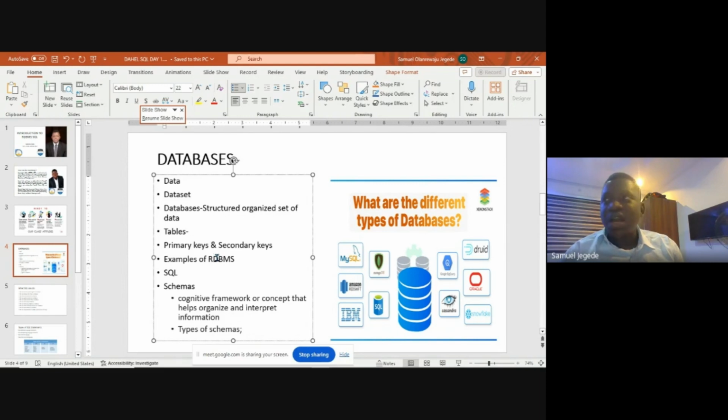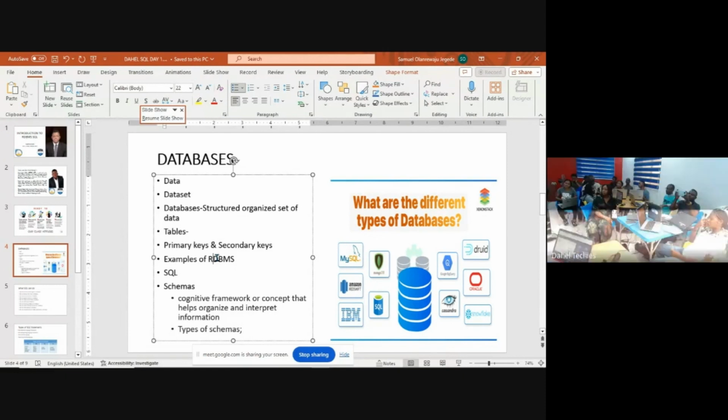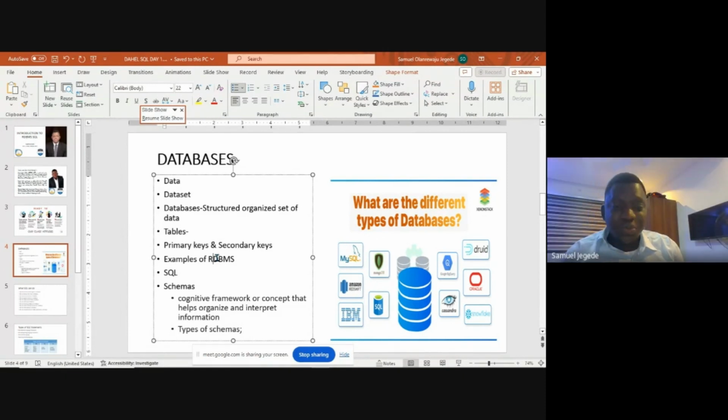I can tell you, go to the company database, get me an employee table and analyze it for me. How will you do it? Will you just, is it AI? Will you just talk to the machine and say, machine, my guy said I should ask for the employee table, give it to me? No, you need to be able to understand the language. It's not everybody that can use an ATM, right? We have some people who cannot use it. They will tell those security men, please, can you come and help me? I don't know what to press.